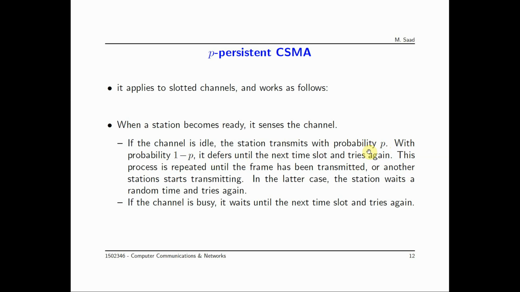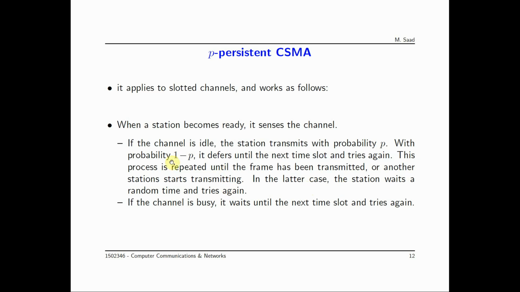Now, what do you think will happen in the next time slot? In the next time slot, the station will sense the channel. If the channel is still idle, it will repeat the same probability test. It will still toss the coin. If we are successful, the station will transmit. If the station is not successful, it will wait until the next time slot and then sense the channel again. If it senses the channel again, obviously the channel is found idle or busy. If it's idle, do the probability test, toss the coin. If you're successful, send. If you're not successful, don't send, and so on. Obviously, this will keep continuing